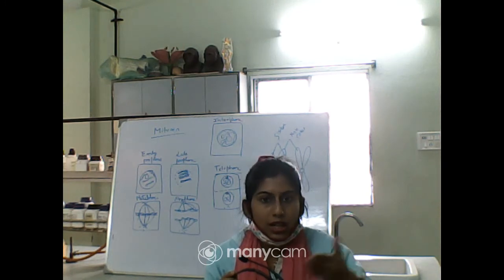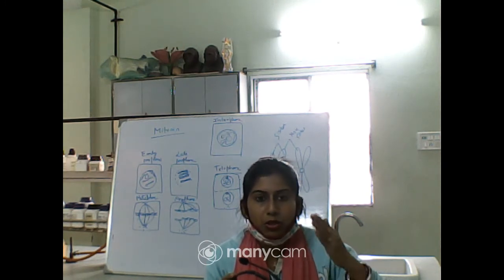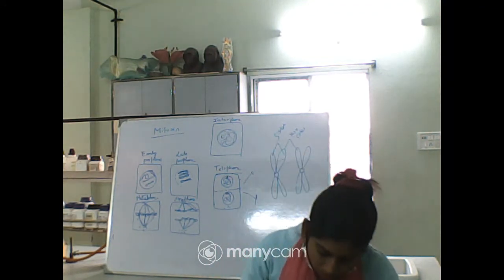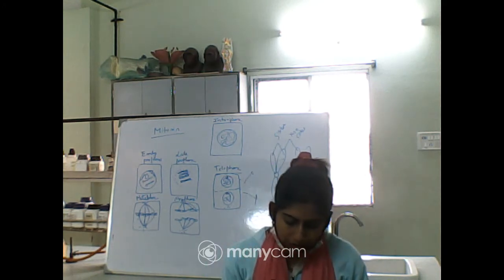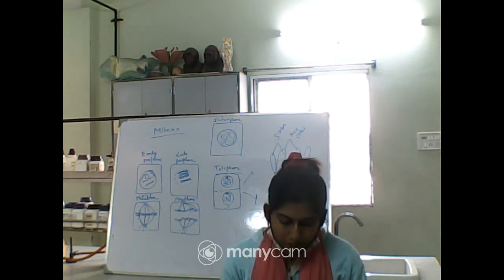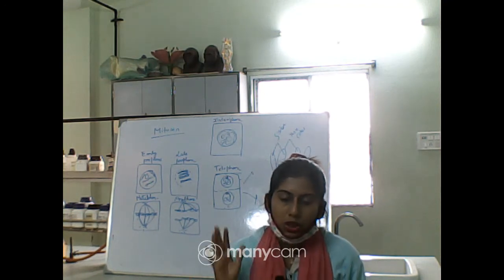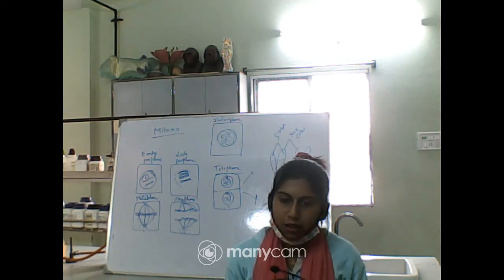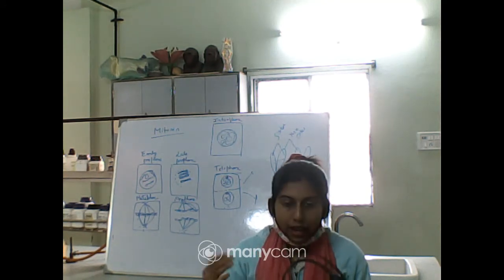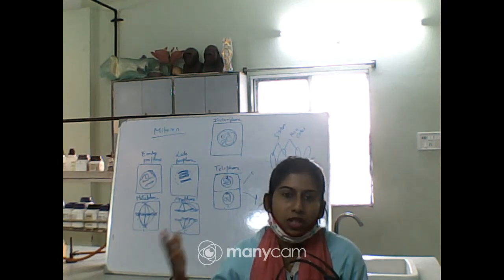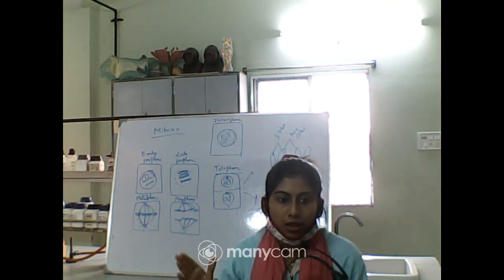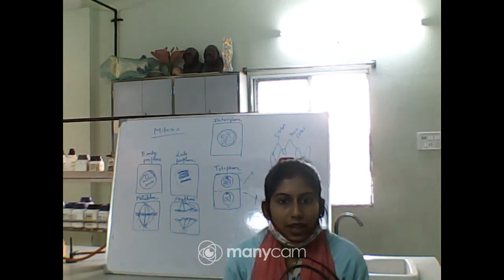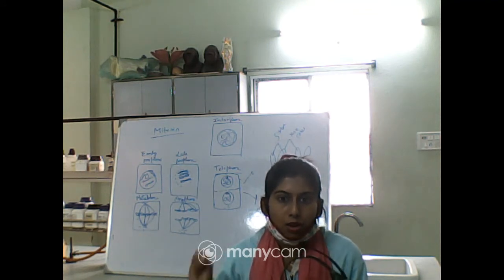If we start with n number of chromosomes, after the division we will get 2n number of chromosomes in the cell. Why are we studying the onion root tip? Because meristematic cells are present in the root tips, and it is the most suitable material for studying mitosis. Anthers are more suitable for studying meiosis. That is why our syllabus says mitosis in onion root tip, so that we can get a clear idea about all stages of mitosis.